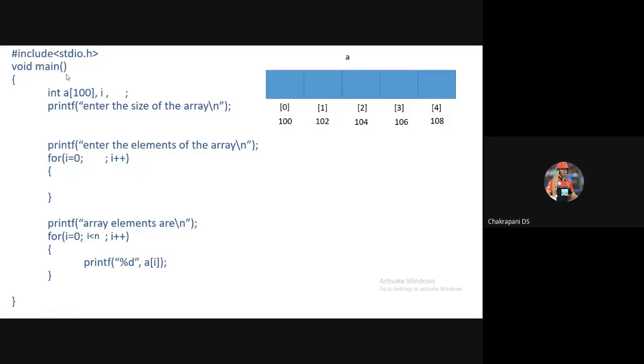See, I don't know the exact size of the array because the user may enter the size of the array as 10, 20, 30, or only 5. If the user enters only 5, that is okay if I have declared it as 5 here. If the user enters 20 memory blocks and I have declared only 5 here, only 5 memory blocks will be available. The other 15 memory blocks won't be available. So I should make sure that as many memory blocks as possible are available, even if the user enters 20